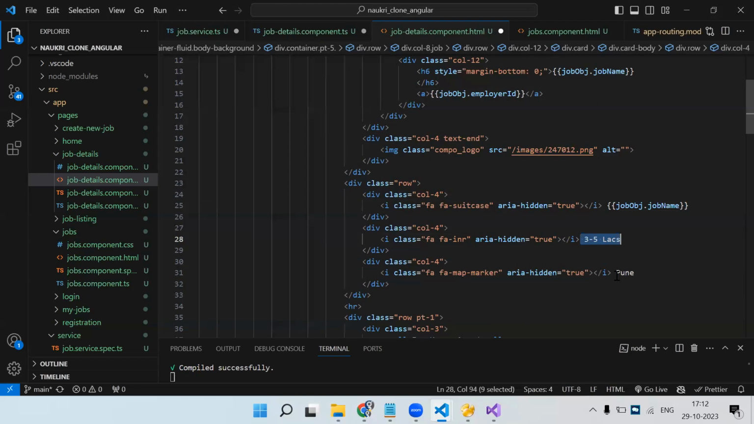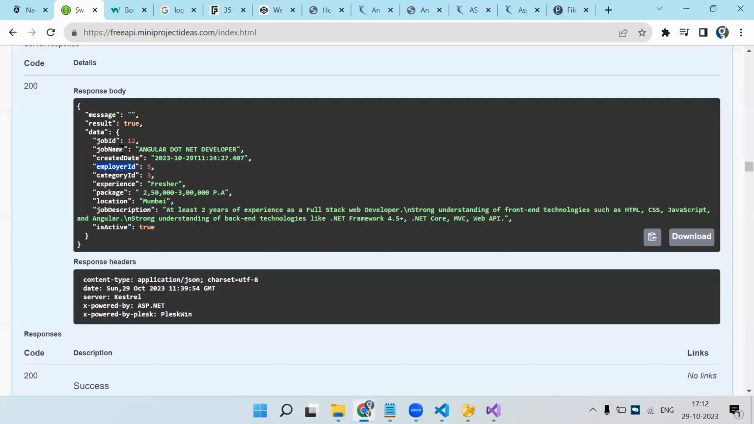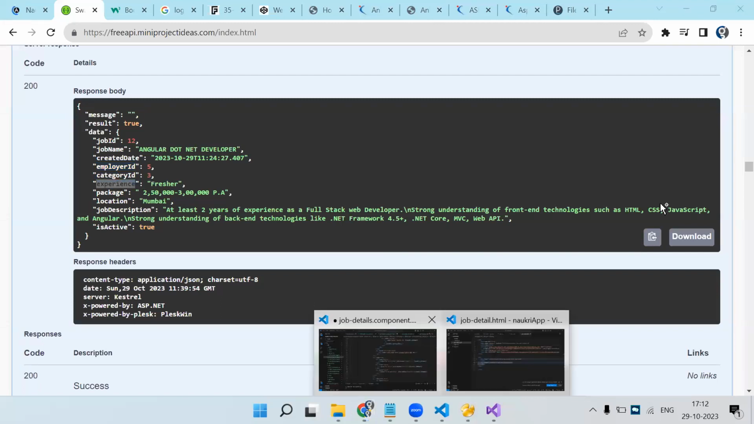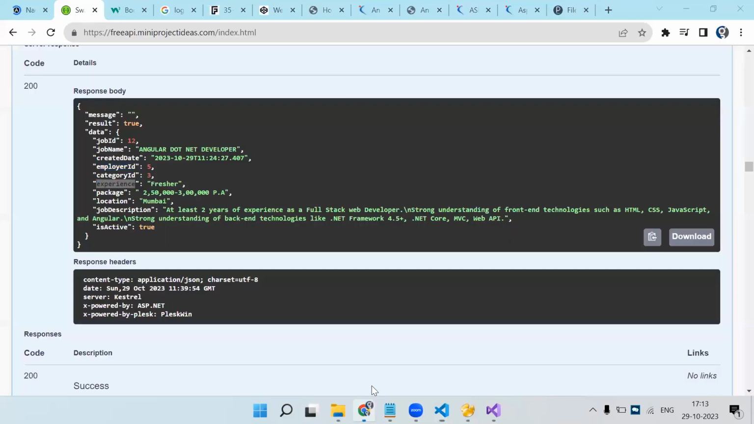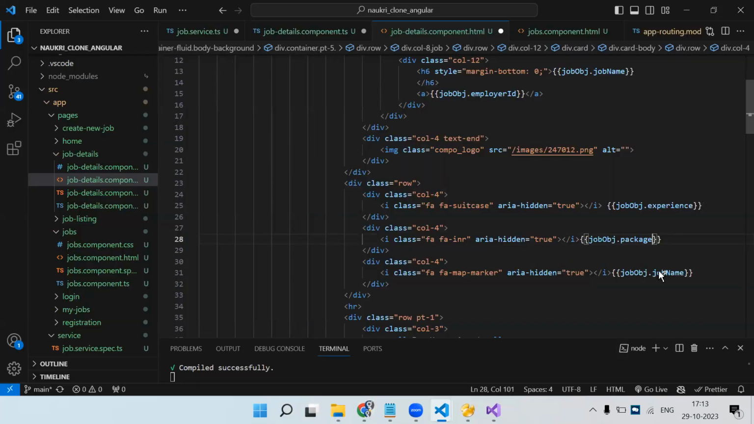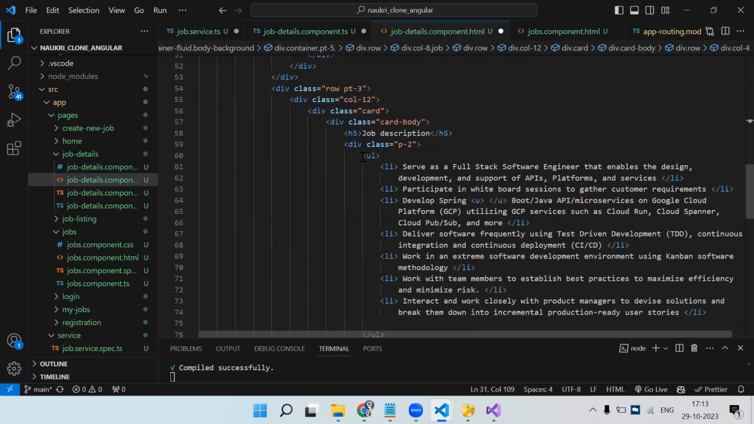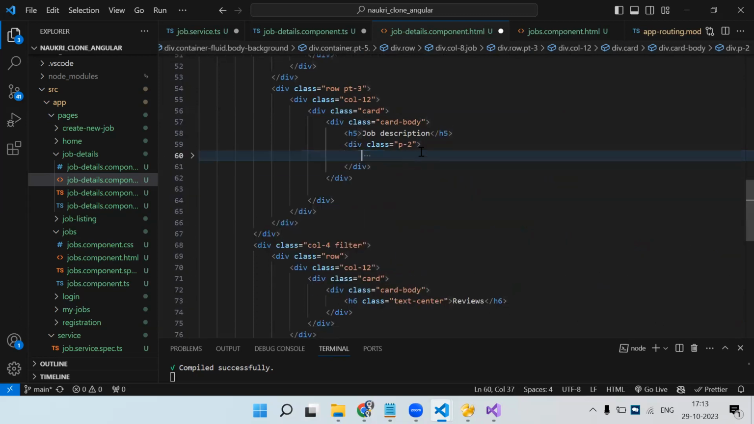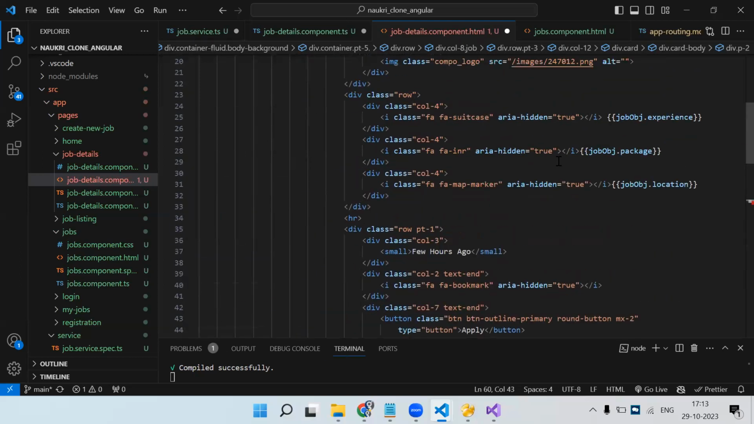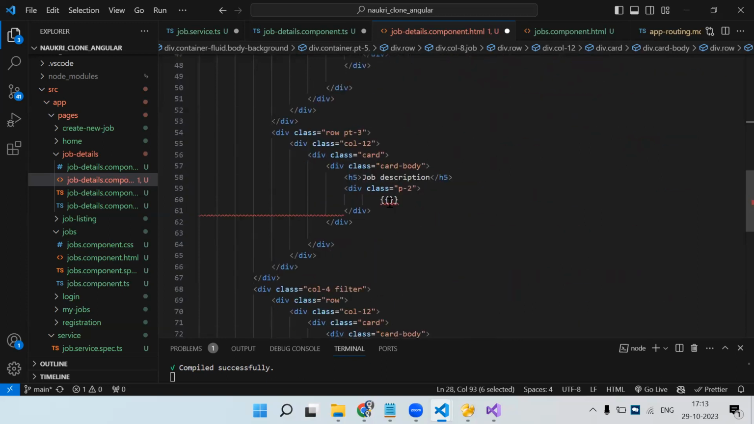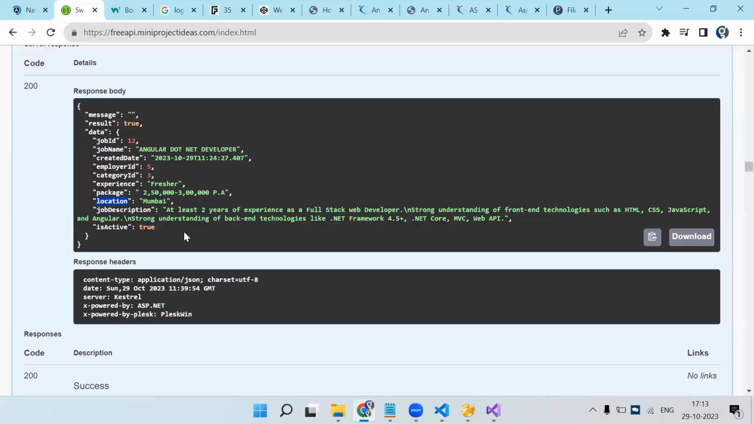Experience, let me just make this change. Experience. Then package and then location. Here also will be like that. And here, instead of this ULLI, I will be pasting whatever the content we get in the interpolation. So jobObject dot description,